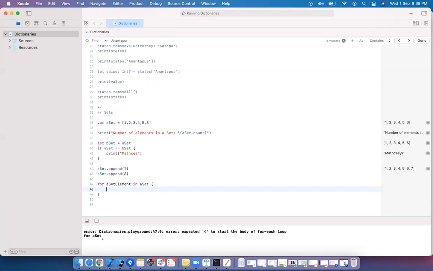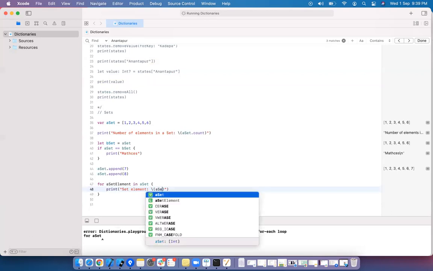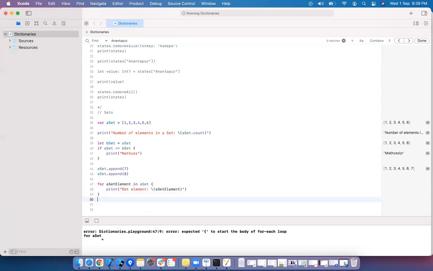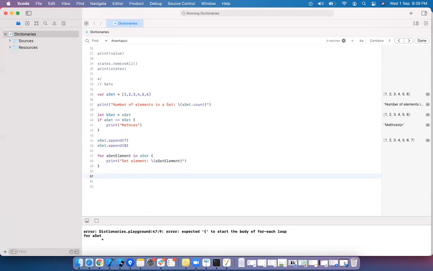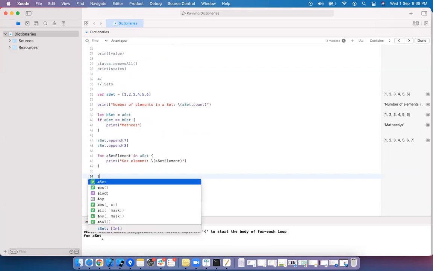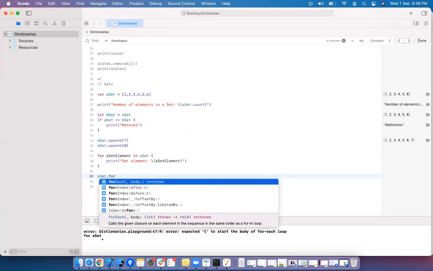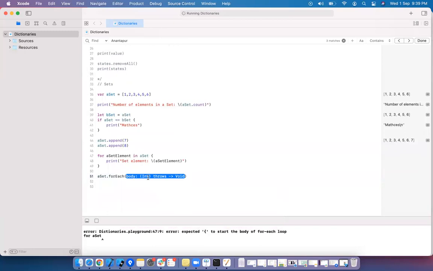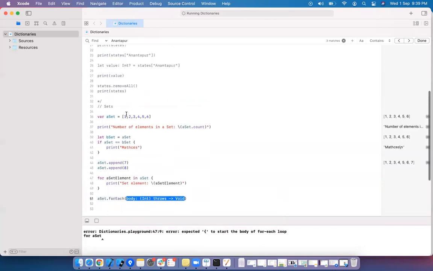This is one way of iterating through the set. The other way is forEach also, we can use a set dot forEach. It is giving you an integer. Why is it giving integer? Since our set is integer type. If you have a string based set, you get a string by default.